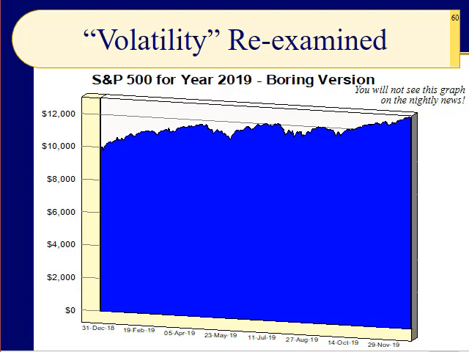On slide number 60, do you remember the graph that showed the volatility of the Standard & Poor's 500 in 2019? Remember? Yeah, well, if we had included the entire scale from 0 to 12,000, 13,000, you would find that the bumps are not as bad as they seem to be. Does that help with the sleeping well at night? Realizing that if you take the long view, it's not that big a change. I mean, even a 20% downturn, it's not the end of the world. It's going to come back.